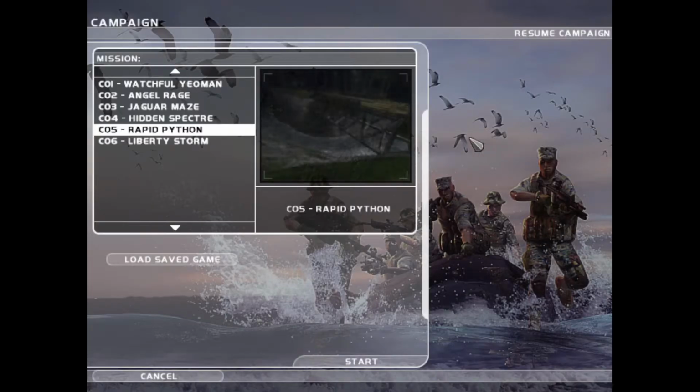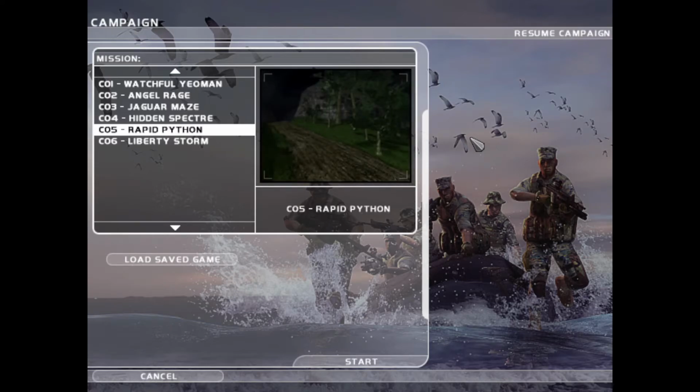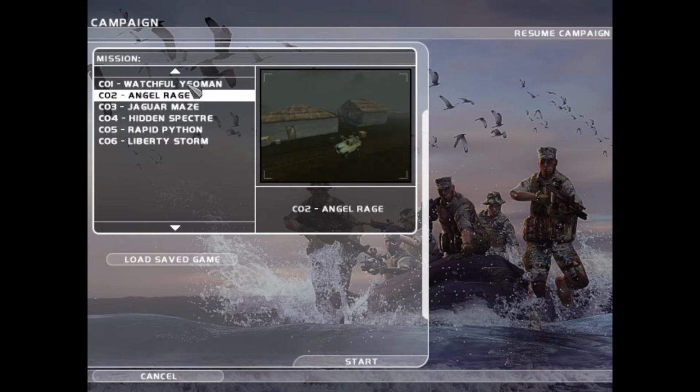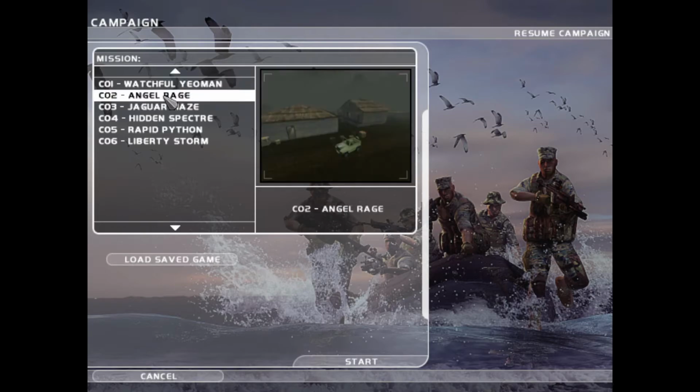So yeah, that was Rapid Python. Difficulty 6, 7 out of 10, I'd say. Watchful Yeoman, that was a 9 or a 10 in terms of difficulty. I don't know why, but the first 2 missions are really, really hard, or they seem really hard. Maybe if I played them now, they'd be different, but all of the guys on the missions are